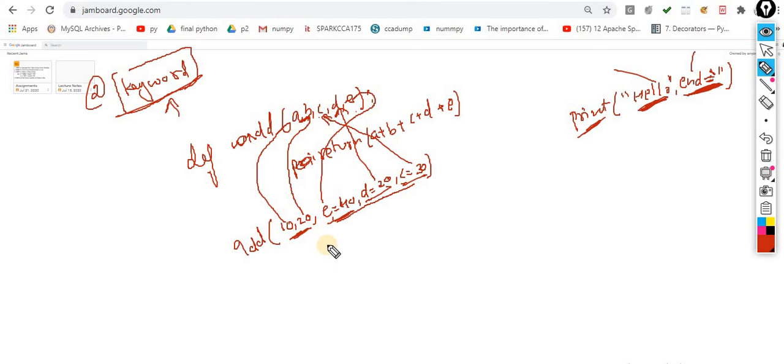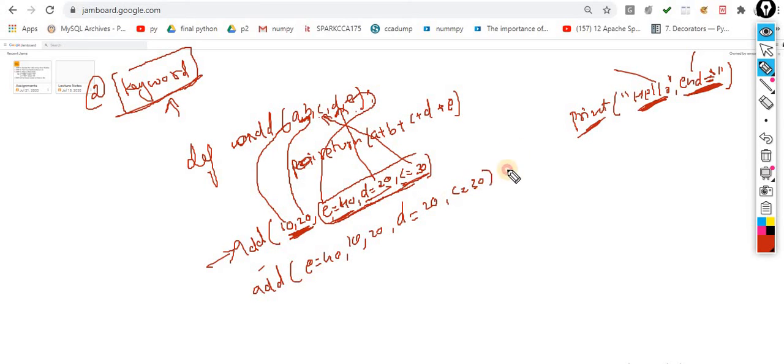Make sure whenever you are supposed to implement this kind of concept, the positional arguments should be first, and then there will be the keyword arguments. Otherwise you will definitely face the error if you try to do something like this: E is equal to 40, then you make a positional argument, and then again a keyword argument.